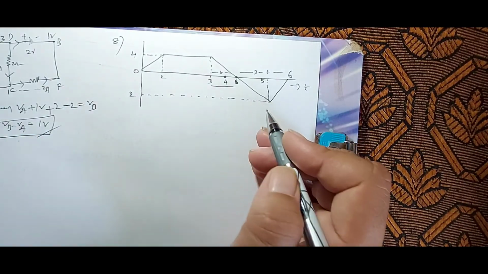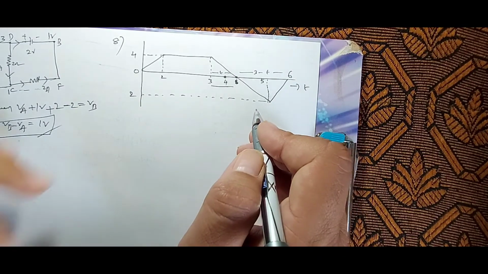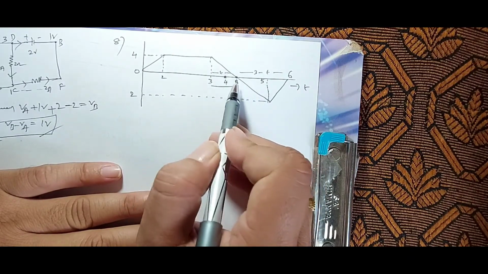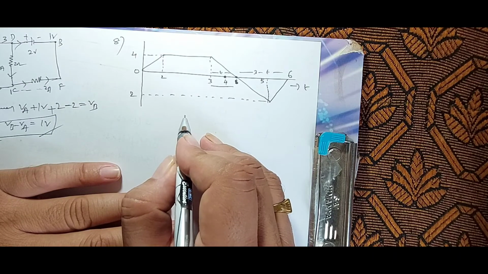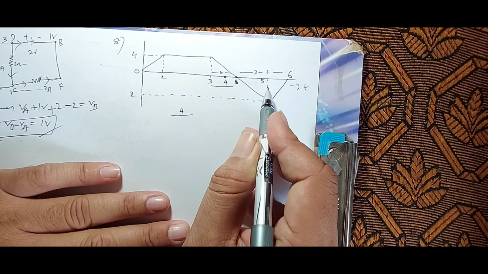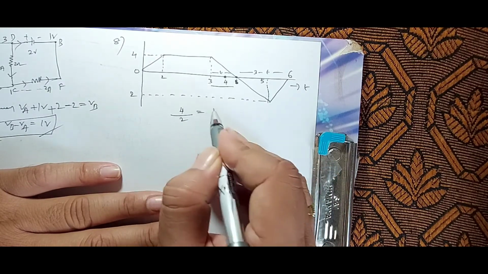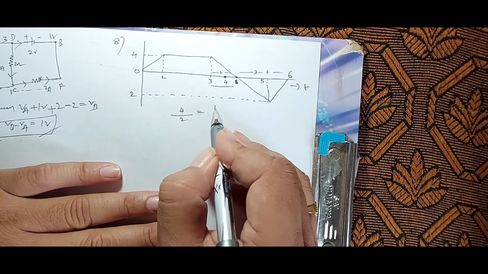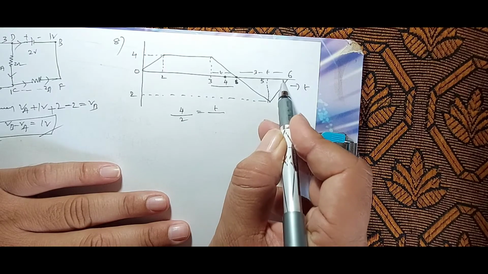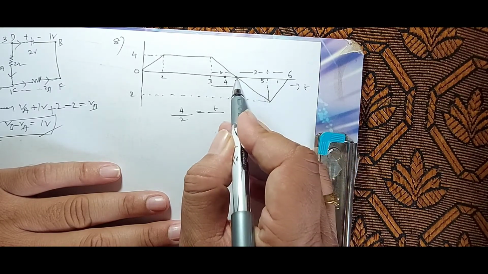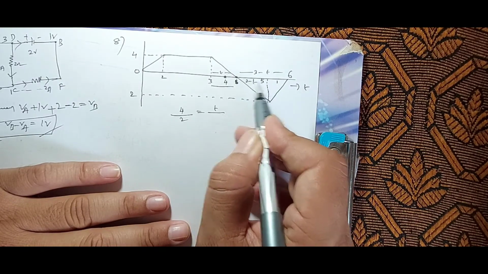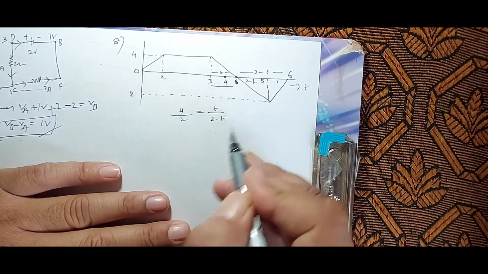Right. Now we want to find out t. What is meant by t? These are similar triangles, so we compare the ratio of sides. Vertical side 4 by the second triangle's vertical side 2 is equal to the horizontal side t by this horizontal side. How much is this here? From 5 to 6, this is 1. This total length is 3 minus t, so that means this is 2 minus t.